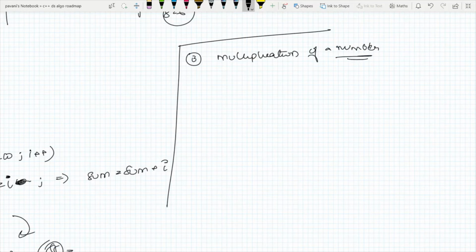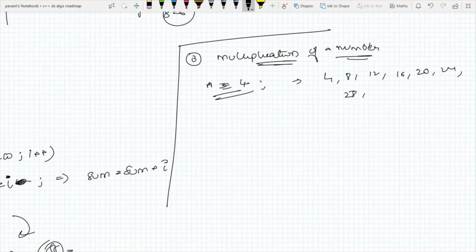Okay, I'll ask user to enter value like n equal to whatever value. He'll enter n equal to 4. We have to print like 4, 8, 12, 16, 20, 24, 28, 32, 40. We have to write a program that prints this multiplication table of a number.